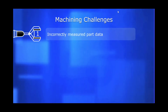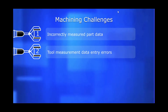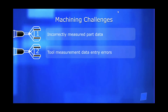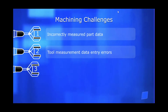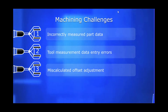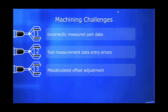Number 2, tool measurement data entry errors. This plagues every shop. They say statistically 1 in every 300 keystrokes is an error. I think if you type like me, it's probably more like 1 in every 10. But AutoComp can prevent that fat fingering from occurring. Number 3, a miscalculation of offsets. By relying on math or an antiquated macro to populate data is flawed thinking. We can remove the operator from this part of the equation and get you better part quality, but also reduce